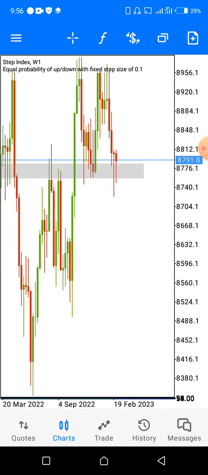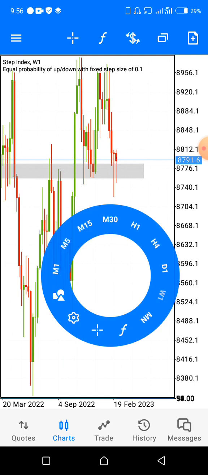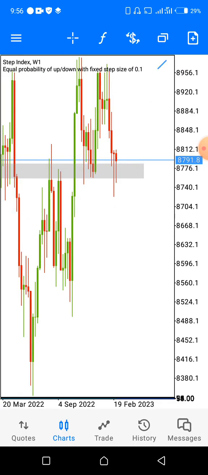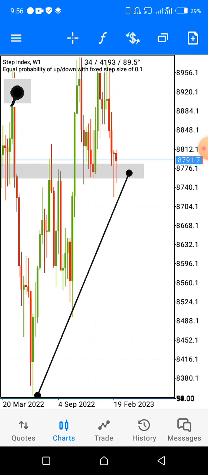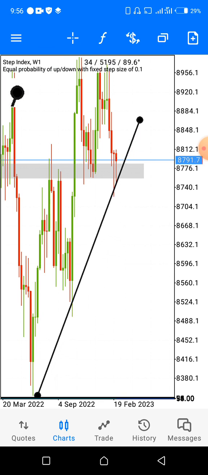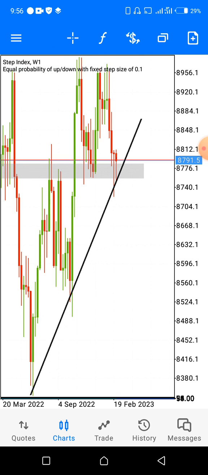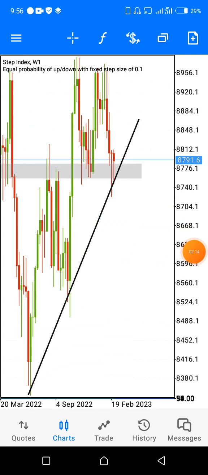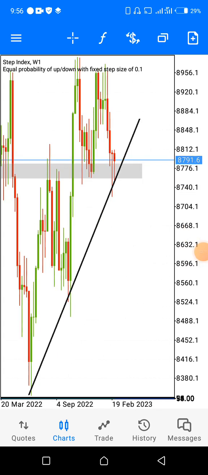Now, the extra confirmation I got here was that this zone happened to be in confluence with my trend line. Are you seeing this? That means the market is about to go up. I hope you guys are understanding what I'm saying. So this is a trend line. I believe all of you know how to use a trend line. So for the fact that this zone happened to be in confluence with my trend line,